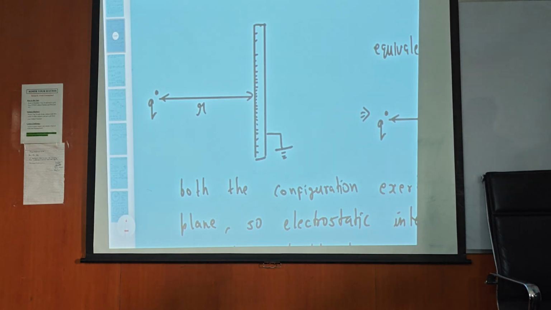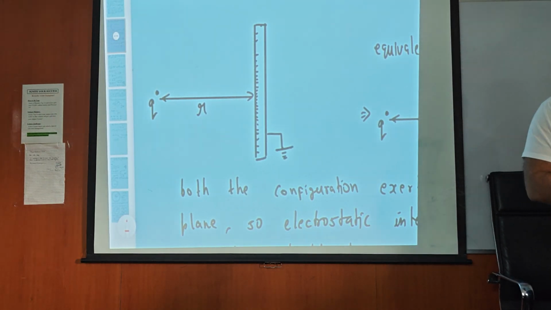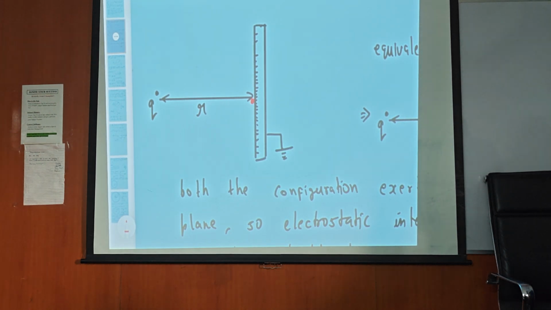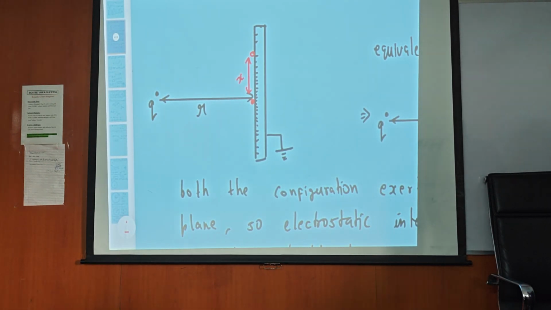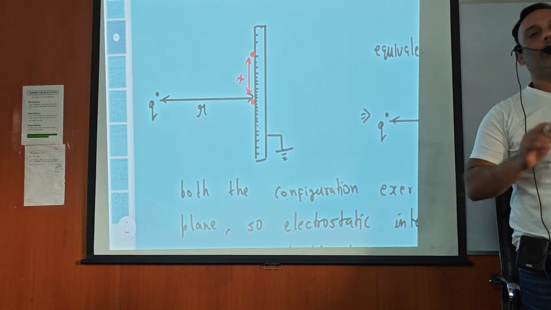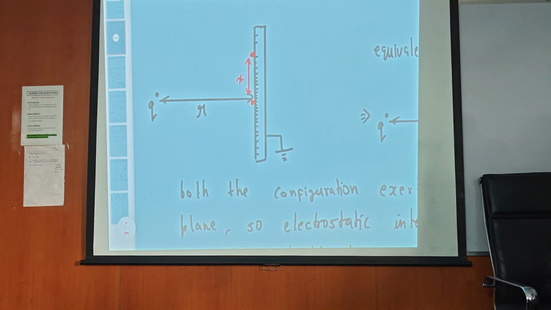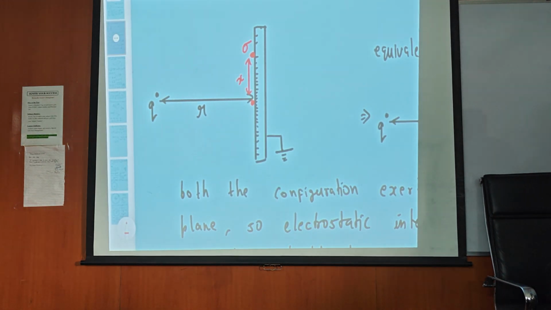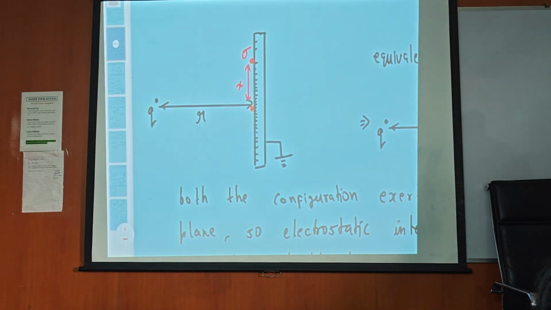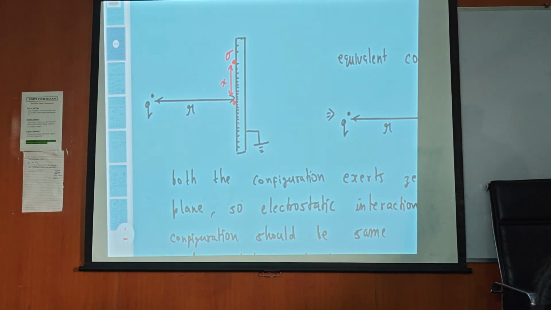Now I am going to give you one small question and you have to try it on your own. There is an infinite conducting plane which is earthed. In front of it is a point charge at some distance. I want the charge density on the plane, that is, sigma at any distance x from the symmetrical center point. I think you have grasped the concept; you are just making calculation mistakes.